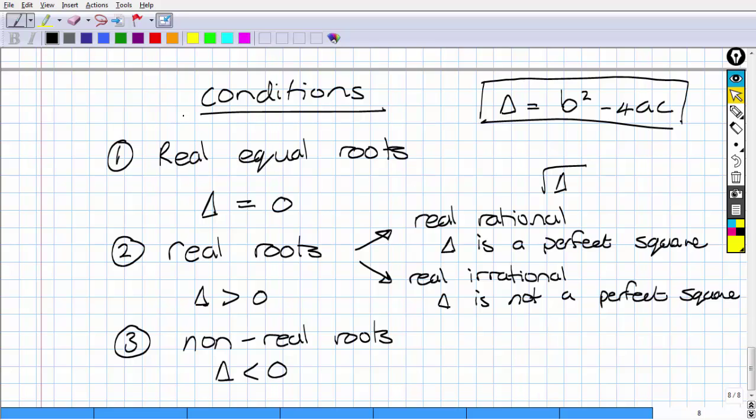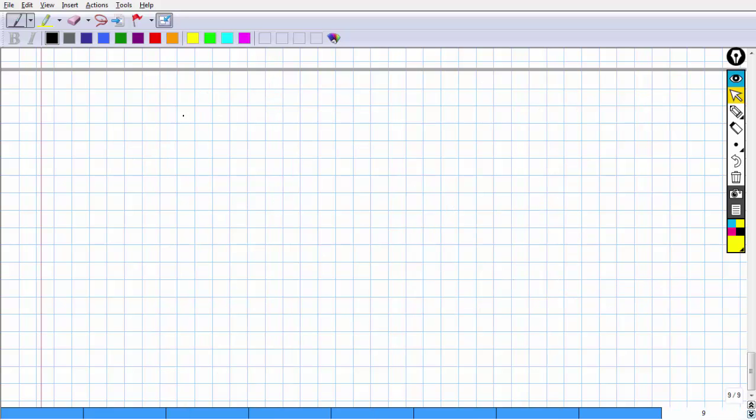Okay, so for example, if delta is 9, then square root of 9 is 3. Everybody's happy, we have these rational roots. If delta is 5, we have square root of 5. Square root of 5 is an irrational number, so we have irrational roots. Okay, these rational and irrational, not so important. The very important ones are number 1, 2, and number 3. Okay, so if we go on to the actual question, the question here says, question 1.3, we have, for which